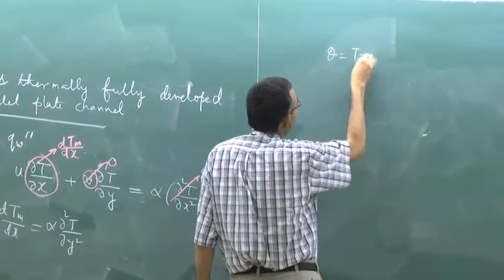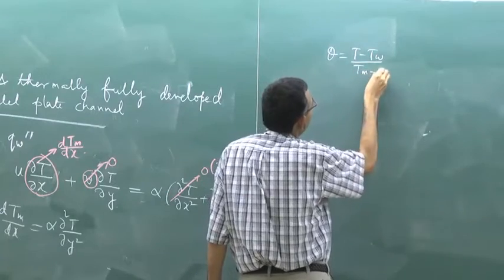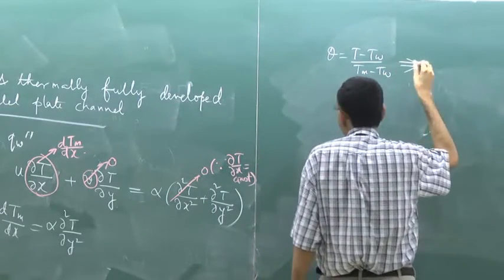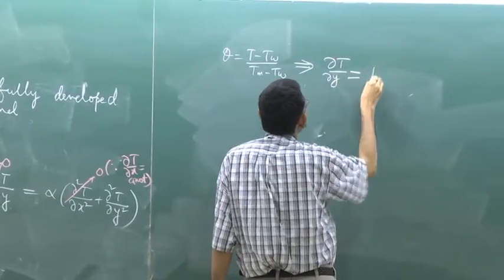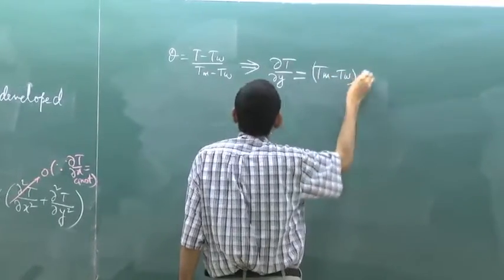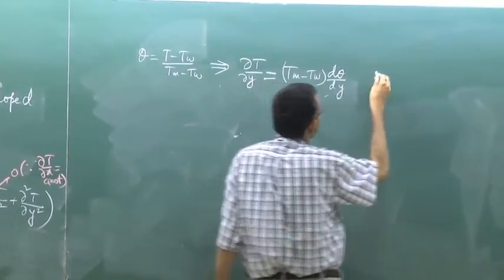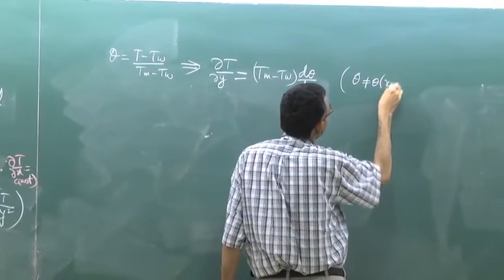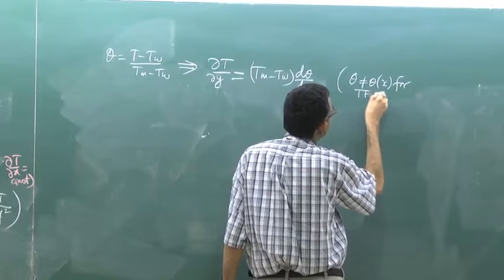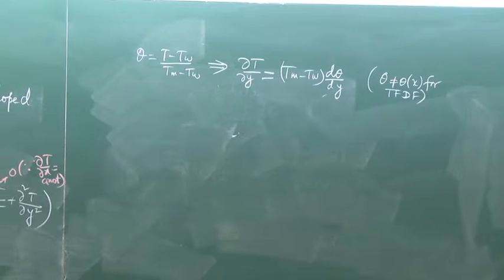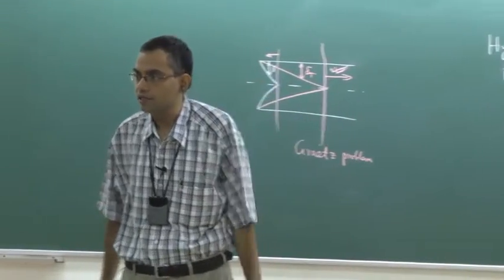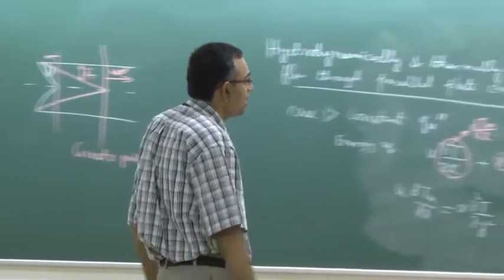So theta is (T minus T wall) by (Tm minus T wall). So you can write ∂T/∂y. Remember T wall and Tm are functions of x. So with respect to the y derivative those are like constants. So similarly the second derivative,